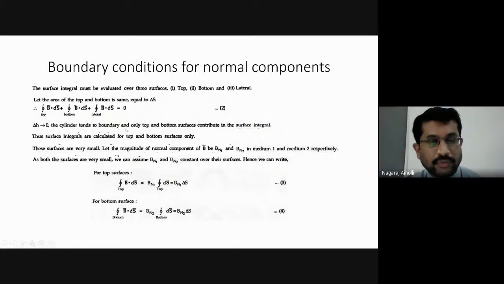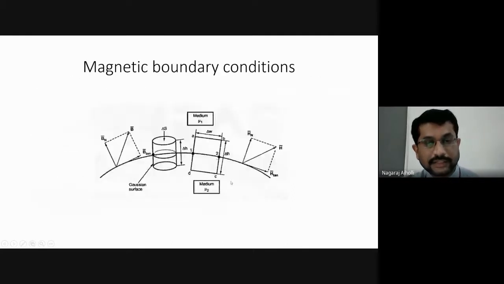The cylinder tends to the boundary and the top and bottom surfaces contribute to the surface integral. Hence, the surface integrals are calculated for only the top surface and the bottom surface. These surfaces are very small. The surfaces that we are considering here, the top surface and the bottom surface, they are very small, right? And hence,